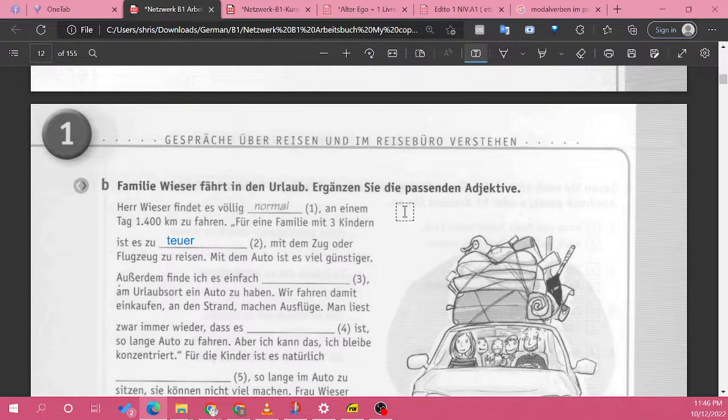But he says that, well, for a family with 3 children, and obviously if you have 3 children, you have 2 adults, it can be really expensive to travel by train or by airplane, and so with the car it's much cheaper. Other than that, he also finds it absolutely something